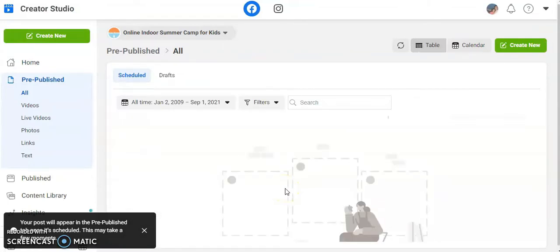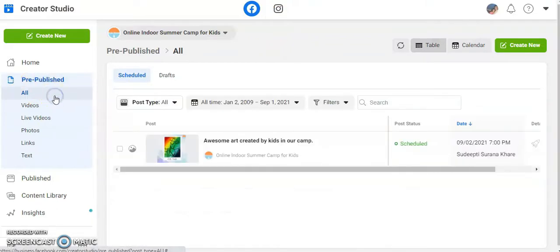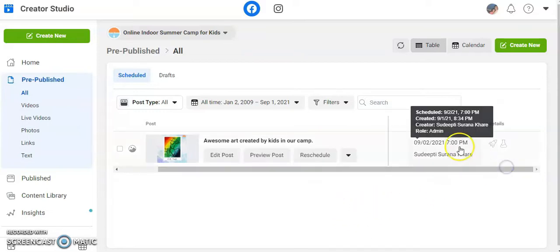So where to use this method, how to use this method, and when to use this method, it is very important. Earlier I had told you that you need to post at times when your fans are online. So in our last lecture I told you that you need to post between midnight till 10 a.m. and then 7 p.m. till midnight. So I will schedule my post after 7 p.m. So I have scheduled this post exactly at 7 p.m. If I schedule this post at 3 p.m.